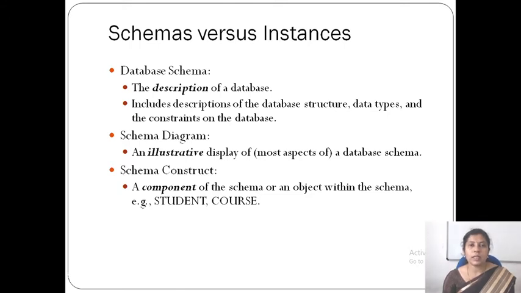For example, when I say university database, I have different components like student, course, and so on. Those are separate objects within the schema. In an entire company database I have student, course, department, prerequisite, all those things. Those are the components of the schema or objects within the schema, and that is known as schema construct.